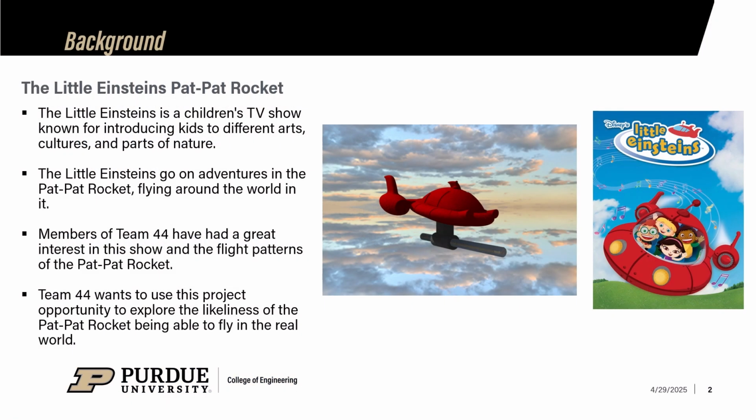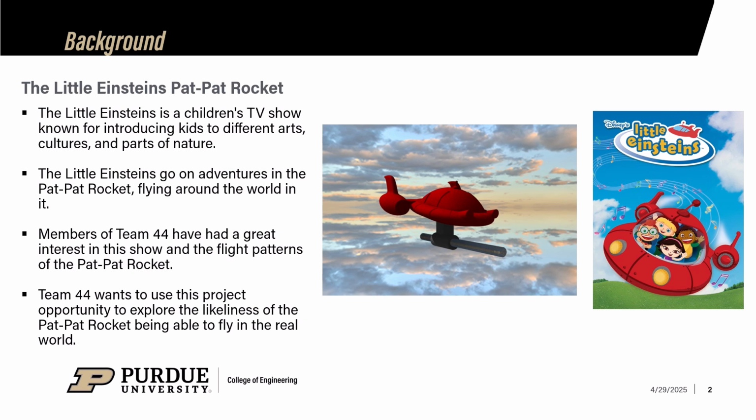Children's TV show known for introducing kids to different arts and cultures throughout the world. Little Einsteins go on adventures in what's called the Pat Pat rocket by flying around different parts of the world. Members of Team 44 have had a great interest in the show since they were children and wanted to use the opportunity in this project to explore the likeliness of the Pat Pat rocket being able to fly in a